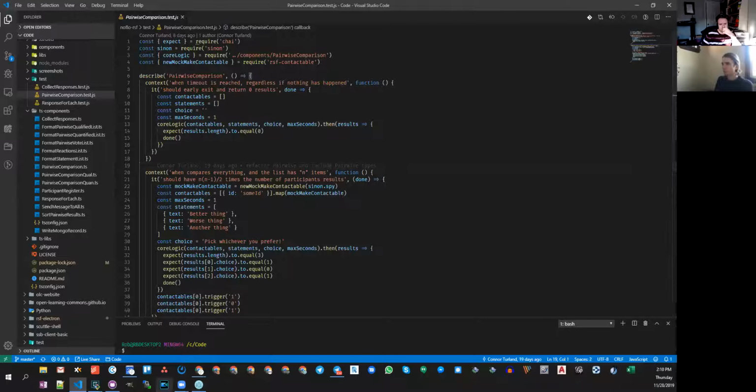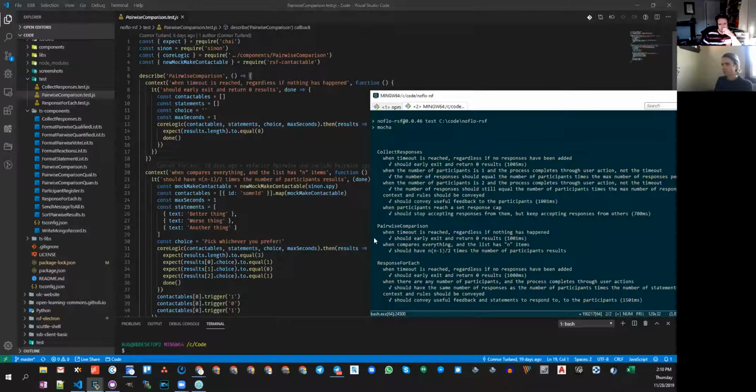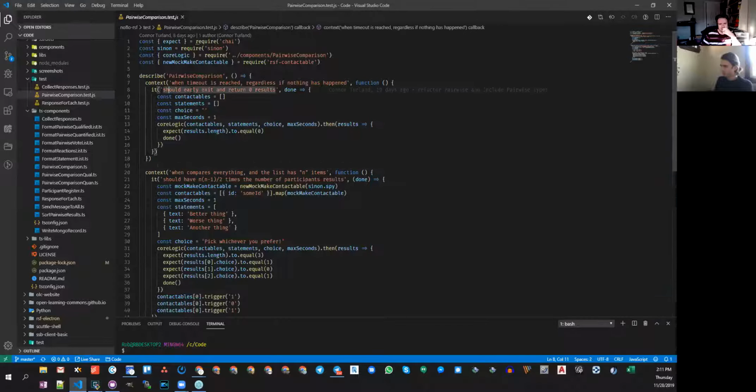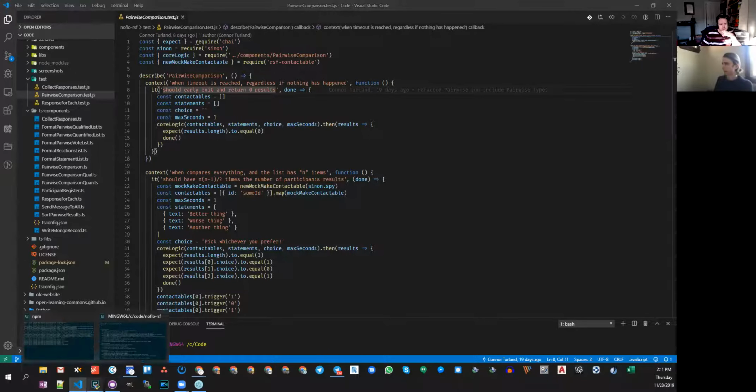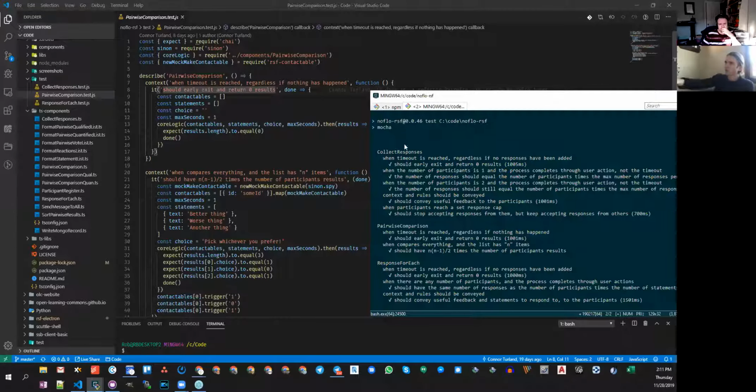And wait, hold on. I'm going to go back to the... Oh, okay, so it's always going to say, for example, should exit early and return 0 results, because that's what we put here, but it's this expect that determines whether it's a check or a cross, basically. Yeah, exactly. So if you change the 0 on line 14 to a 1 and then rerun the tests just to see,